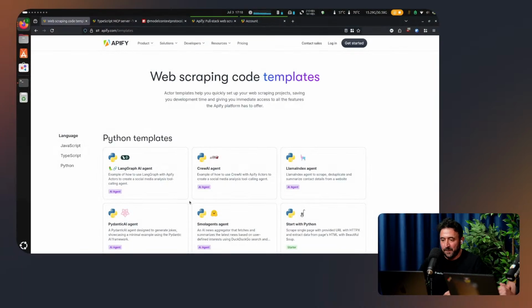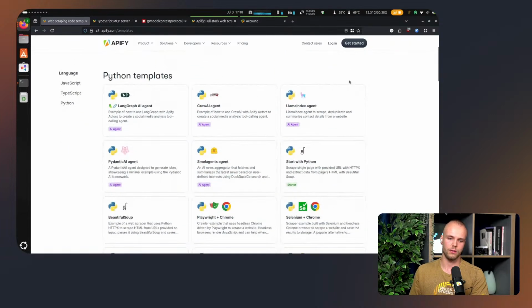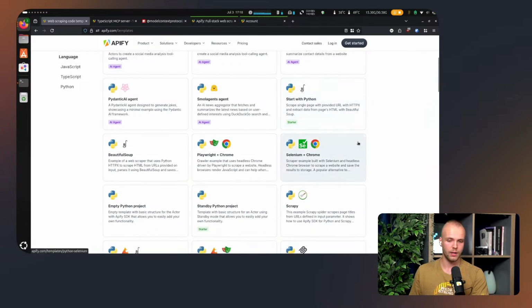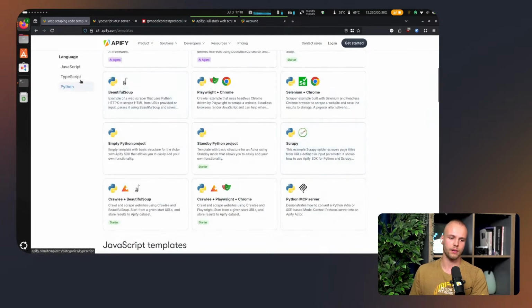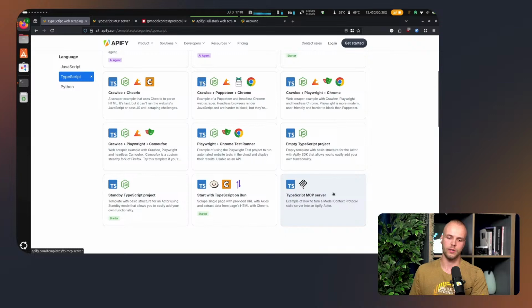Yeah, thank you. So I'll share my screen and show you how to use our predefined template to create an Apify actor from any already available stdio MCP server. If you visit apify.com/templates, there is a library of templates that you can use to download the boilerplate code and turn it into an Apify actor. We've prepared two MCP server templates, one for Python, which is currently outdated, and one for TypeScript, which is up to date and supports the latest features.